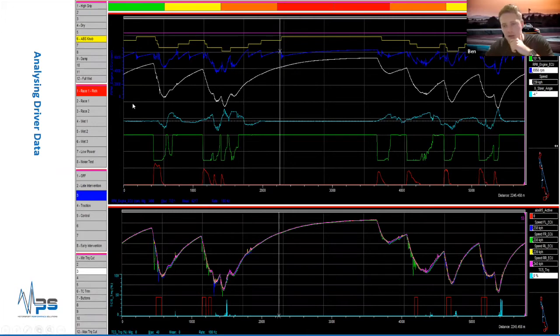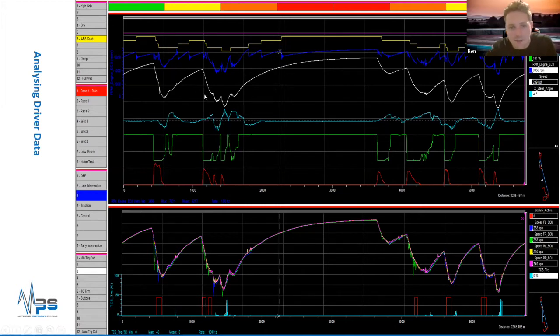Already I've played around with the scales, so we call it the y-axis. I've set the throttle, which could be anywhere between 0 and 100%, so I've only focused on 0 to 100. I've tried to give space on the screen based on how much resolution I require. In general with throttle, you don't really care whether that's 48 there or 49.5 there. You're looking at general trends, so I don't need to give too much screen real estate to the throttle, whereas